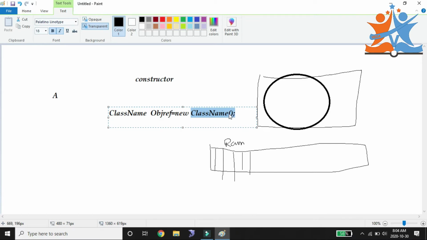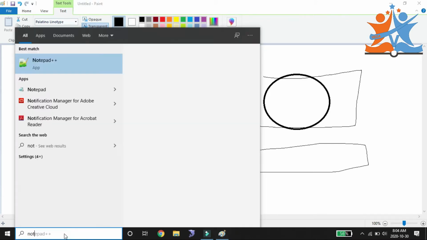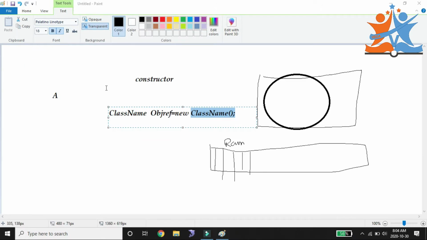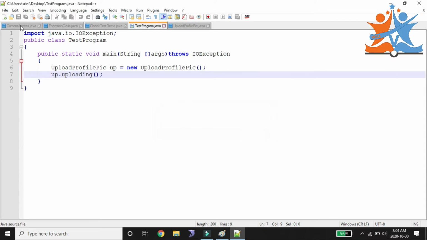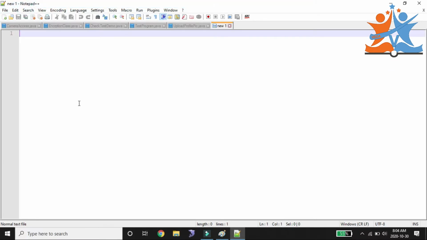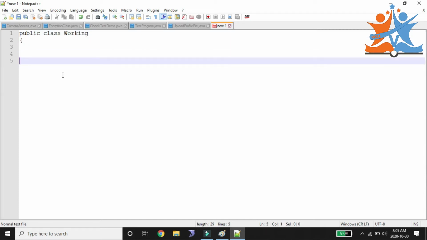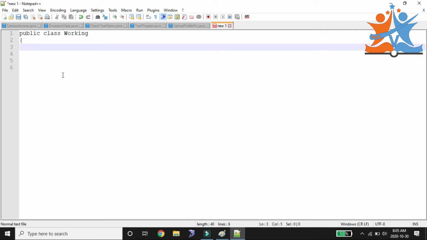Taking an example in Notepad++, we need to create one class. My class is public class Working. Inside the Working class we have instance variables.